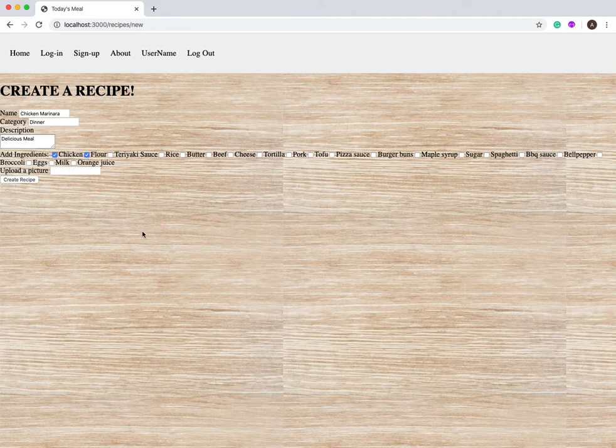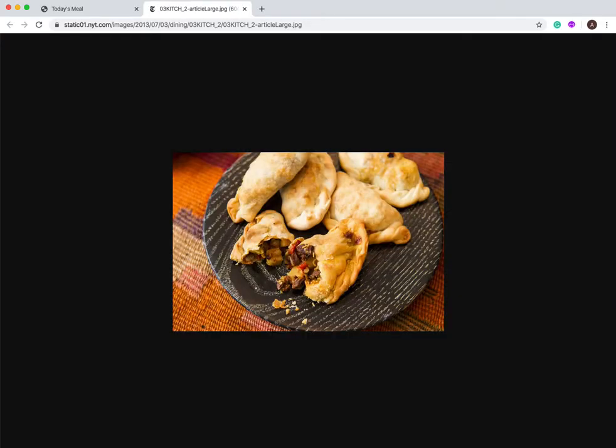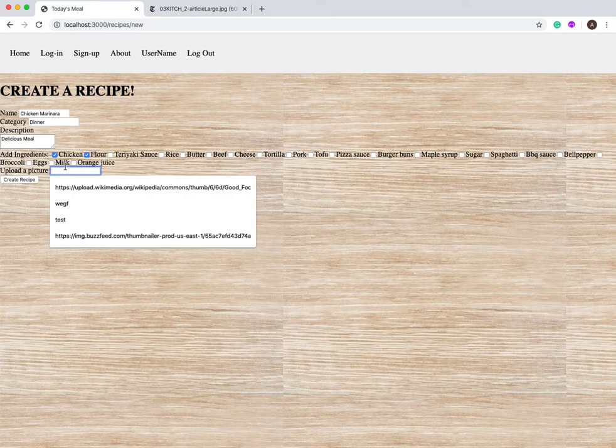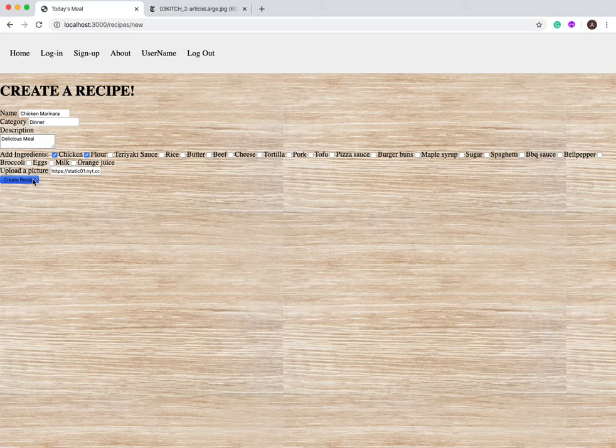If we want to upload a picture, we can drag another link into there. I have a picture, but it is not of chicken, but that's okay. We're going to go ahead and use this link anyway so that you guys can see the functionality. So here's our picture. We can copy that link, paste it right in there, and when we create recipe, it will bring us to,